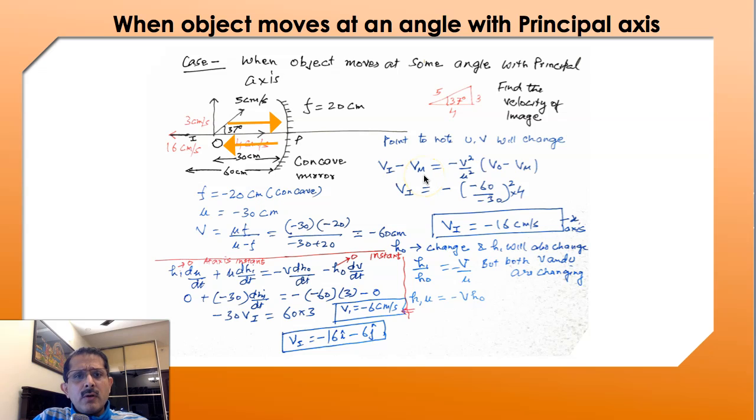v_m in this case is 0 because the mirror is not moving at all, right? Just putting this formula, minus v square by u square, v is minus 60, right, which we found here, and substituting it here, we get minus 16 centimeter per second, right? Remember, this is the velocity of image in x direction. So if I have to make you understand what actually happens when the body is moving in this direction, the image would move